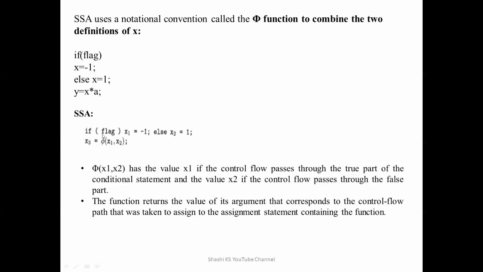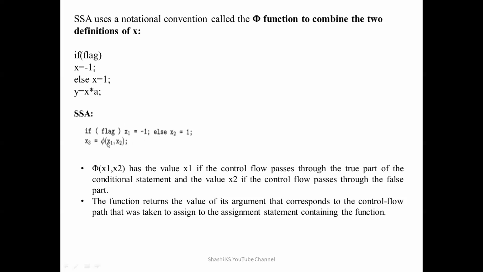Okay, so that will be changed like this. If flag, so obviously we know when you have two occurrences of x, you have to replace it with x1 and x2. So we replace it as x1 is equal to -1, else x2 is equal to 1. And then here we don't know which condition is going to be evaluated, whether flag is going to be true